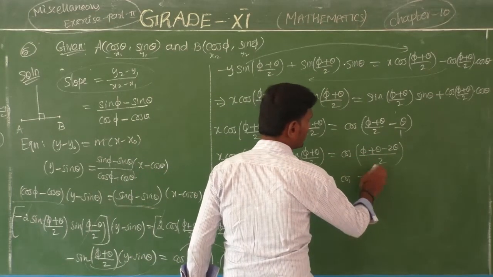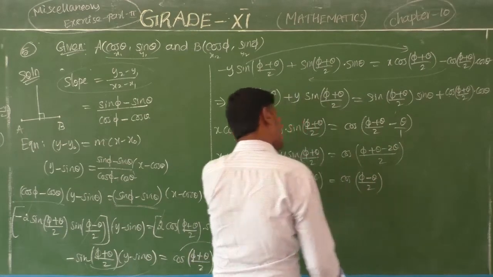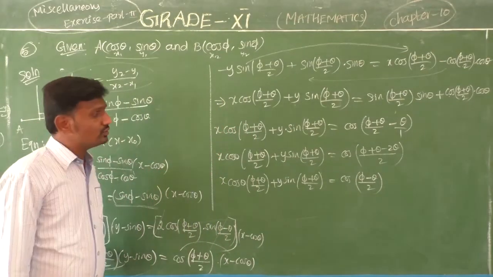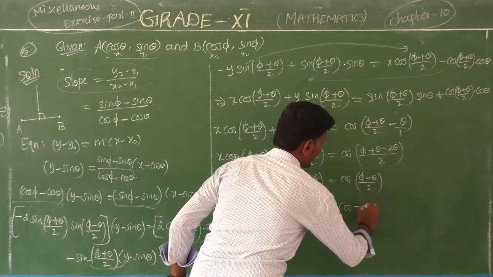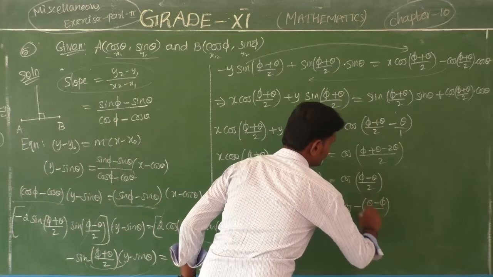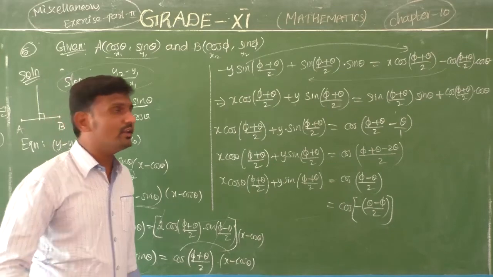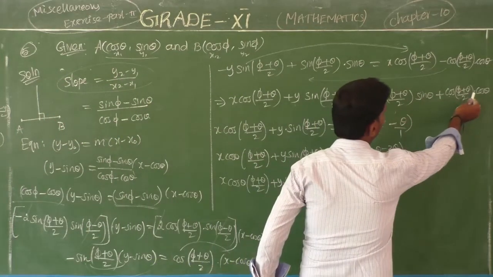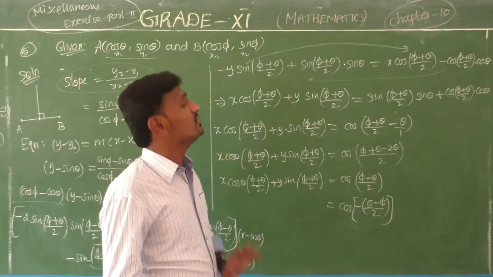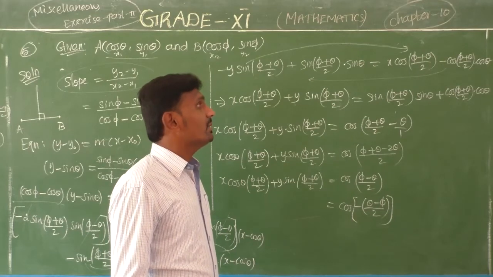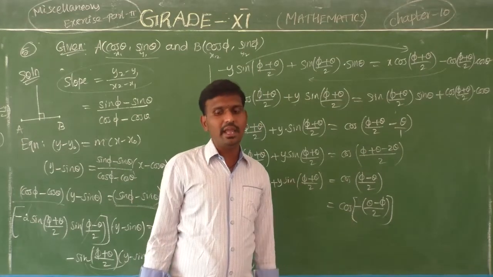So for that I am taking one more step also, no problem. 5 minus theta by 2, okay, 5 minus theta by 2. So for that what I am going to do? I am taking the theta in front of that to get cos of minus of (theta minus 5 by 2). So cos of minus theta, already you know, is cos theta, because fourth quadrant only, no, R by C. So take the terms of cos theta into cos theta plus 5 by 2 plus sin theta into sin theta plus 5 plus theta by 2 means it will come directly, what is that? Theta minus 5 by 2.